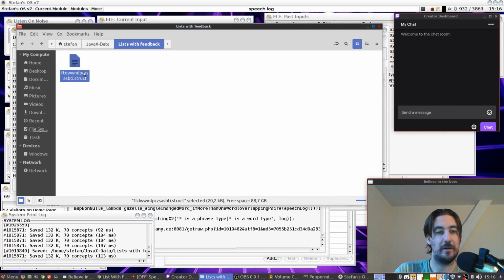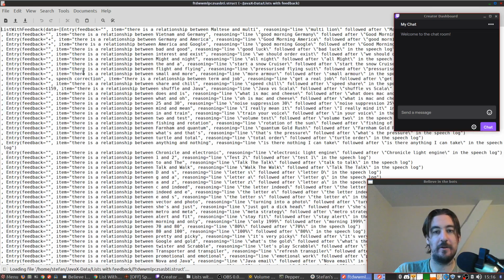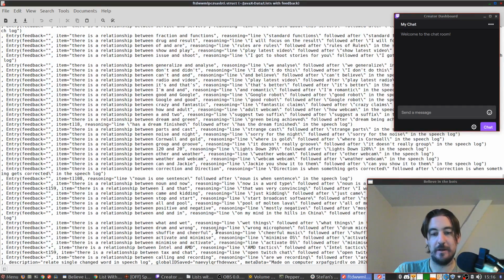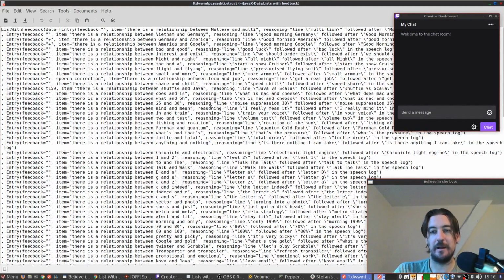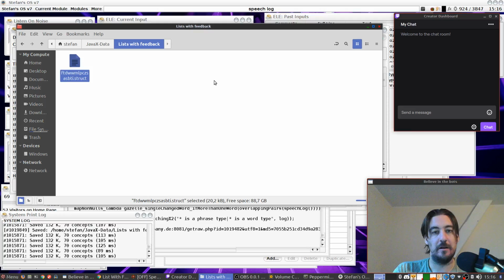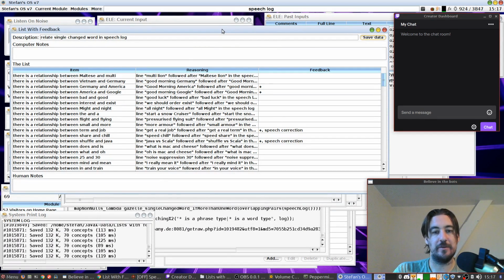Here we go. Some random ID, and looking in the editor, it looks very reasonable. There are the items, there's the reasoning, there's the feedback. This is a back reference to an earlier plus sign, I think. No, to this here. When something appears again, we get a back reference. Save some space. For short strings, they just appear literal every time. The metadata is here, the global ID, everything is in here. Description. Isn't that nice? And this file later can be read by some part of the AI, because it's supposed to learn from this.